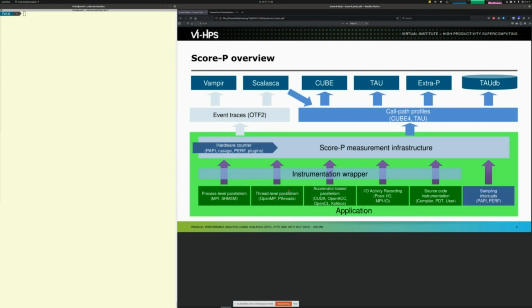The thread level hooks partially are inserted at link time, for example, the p-threads one. For OpenMP at the moment, we do some source-to-source translation and recompile the compilation units to insert some hooks. In future, we will change this because of the new OMPT, the OpenMP tools interface,